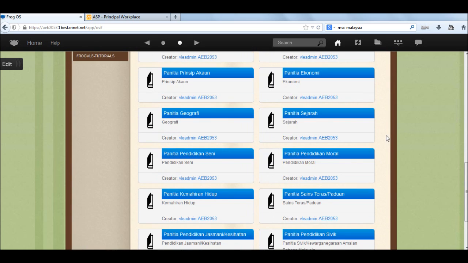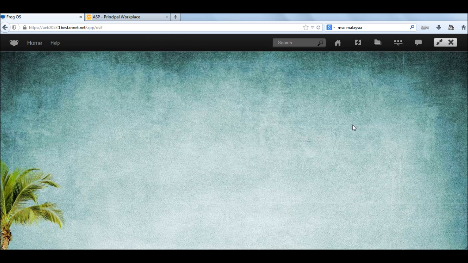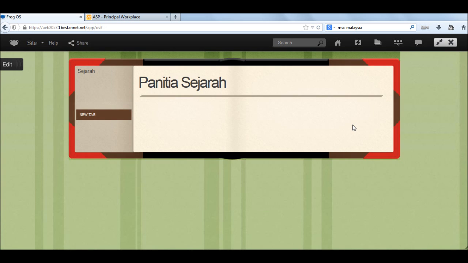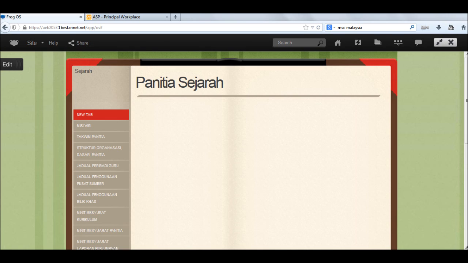So in this video clip, I'm going to use Panitia Sejarah as an example. So double click on Panitia Sejarah. Now before we proceed, make sure all the teachers are included in this Panitia. In order to do that, click on this share button,